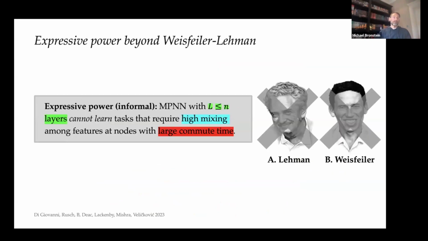For example, if we have a graph neural network of the message passing type with a certain number of layers, and the function that I want to compute with it requires high mixing, and the structure of the graph is such that there is a large commute time between the nodes, then this task cannot be computed by an MPNN. So in other words, it's a different way of thinking of expressive power without resorting to the Weisfeiler-Lehman graph isomorphism